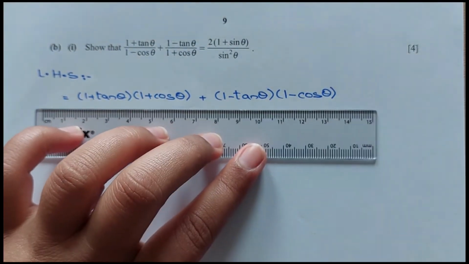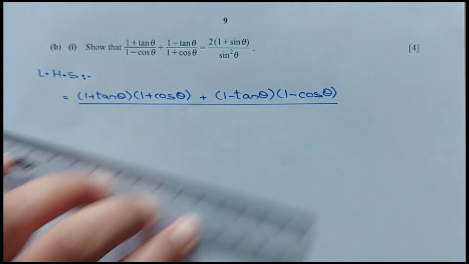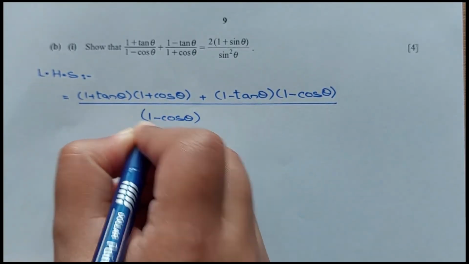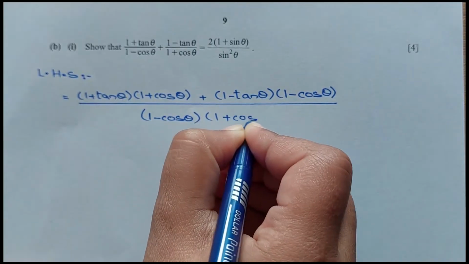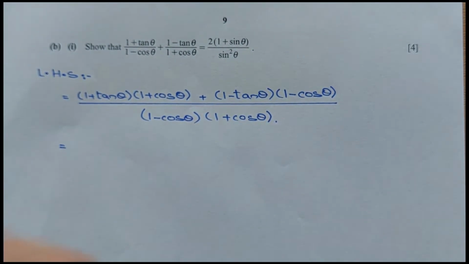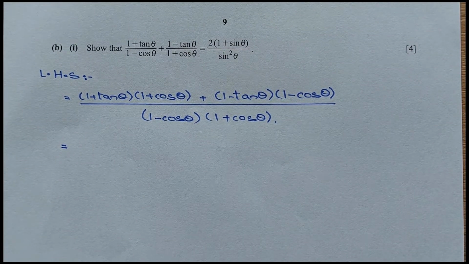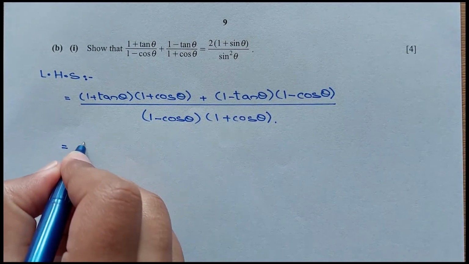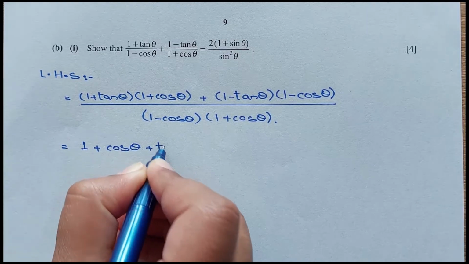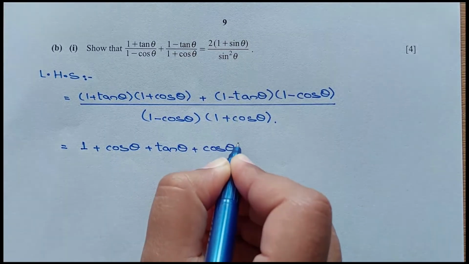Okay, and divide it by 1 minus cos theta into 1 plus cos theta, right? So let me simplify now. Do the multiplication, open the brackets. So 1 plus tan theta with 1 plus cos theta. 1 times 1 is 1 plus cos theta plus tan theta plus cos theta into tan theta,